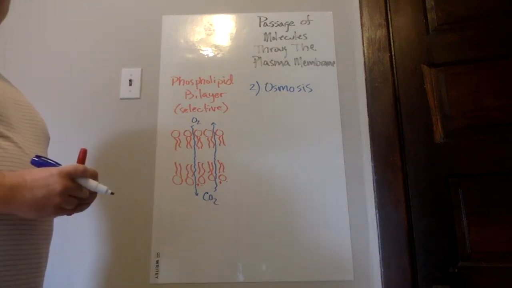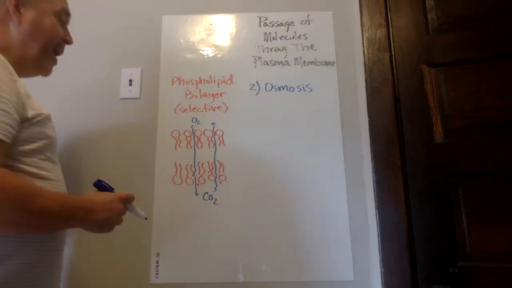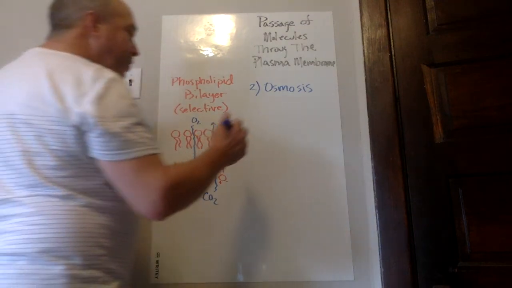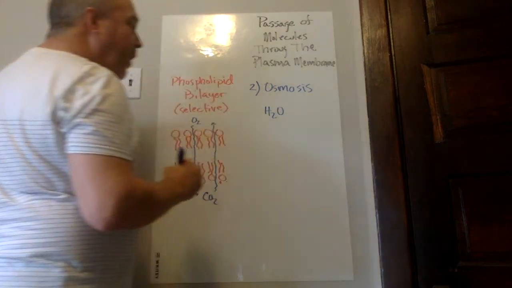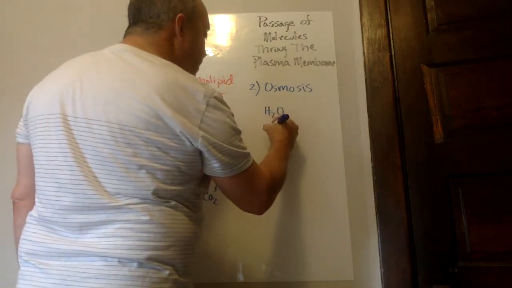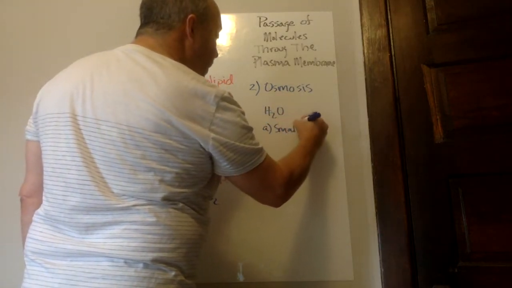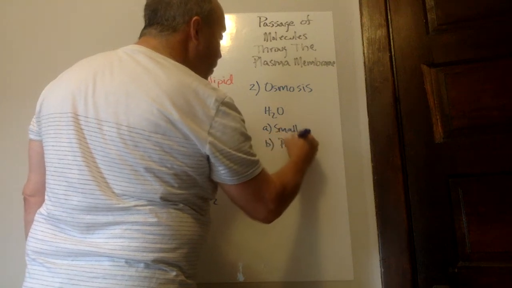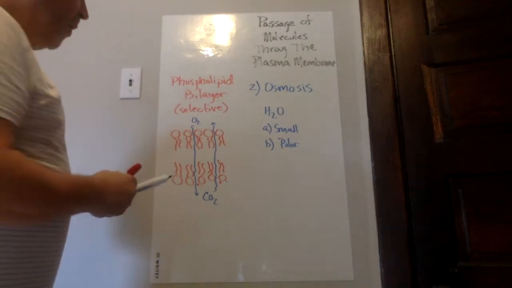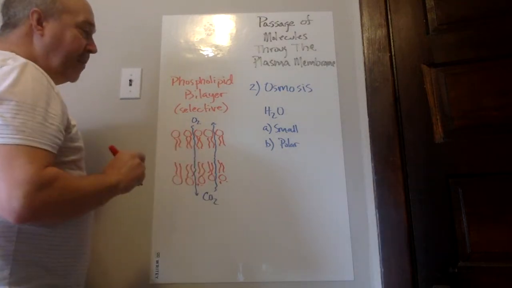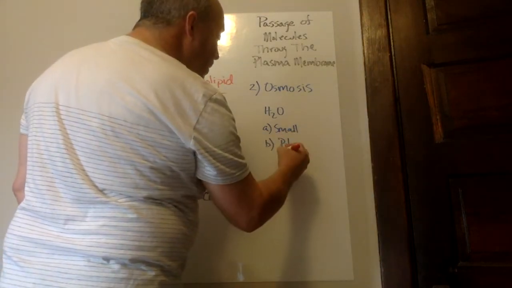It involves water molecules going from a high concentration to a low concentration. Now, water breaks the rule a little bit. Water is small, but water is polar. But it is so small that it doesn't get attracted to the polar head. So even though it's polar,